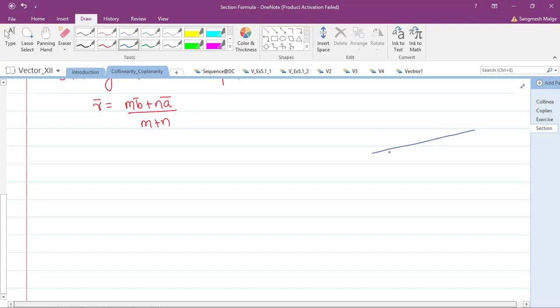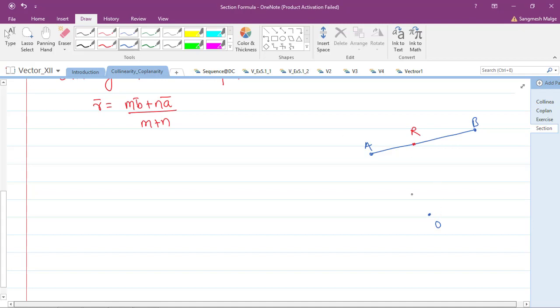This is the figure, point A, point B. Okay, we have somewhere here the point R. These are the points as they have given the position vectors, so position vector always starts from the origin. Okay, so let's have these a bar, b bar and r bar.